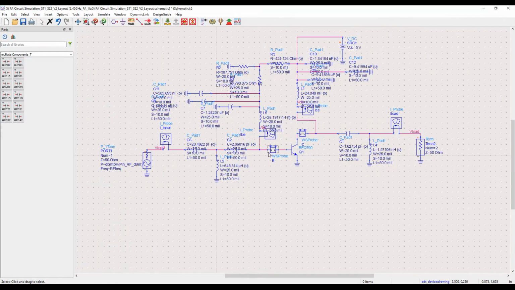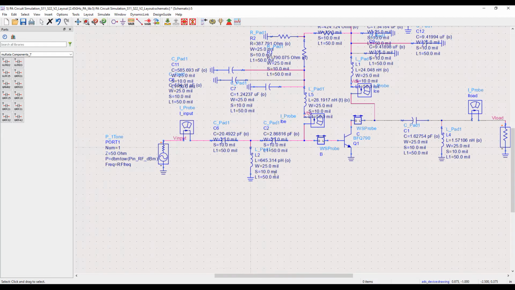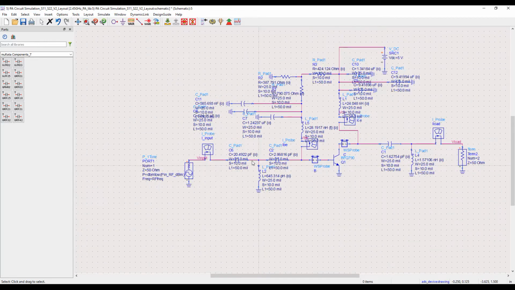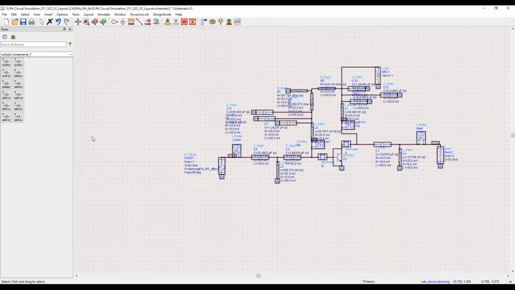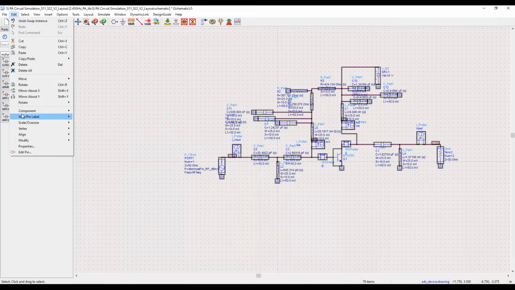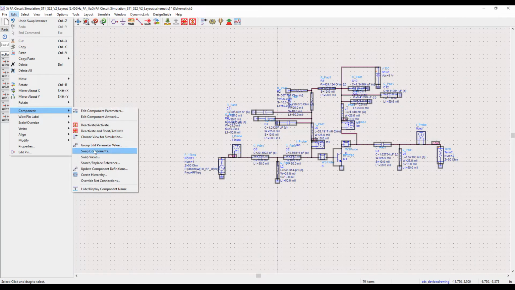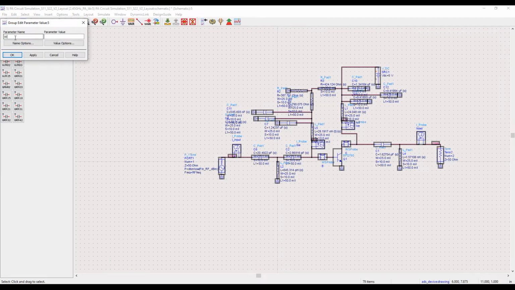The next step is to change the component footprint. For our PA, we want to use 0201 size for all the lump components. We can change the lump components parameters in one shot easily. To do this, select all the components, click on Edit Components, Group Edit Parameters and insert parameters such as W, S and L1 to change. You can even change the units using this tab. As you can see, we have easily changed component footprints utilizing this feature.